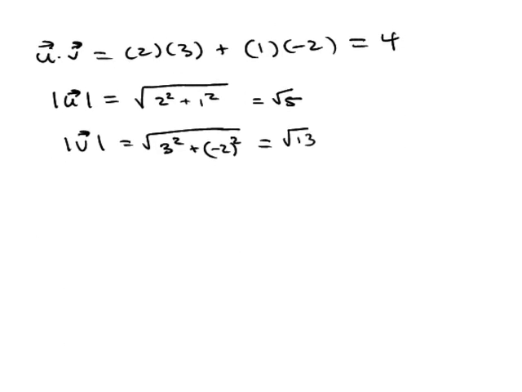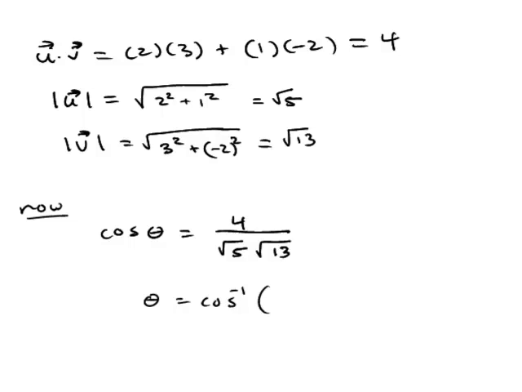All right. So now we have the information. Let's sub that into the formula. So now we have that the cosine of theta is going to be equal to u dot v, which is 4, over the square root of 5 times the square root of 13. And now we know theta will be equal to the cosine inverse of that, 4 over the square root of 5 times the square root of 13. Okay. And we get that this is approximately